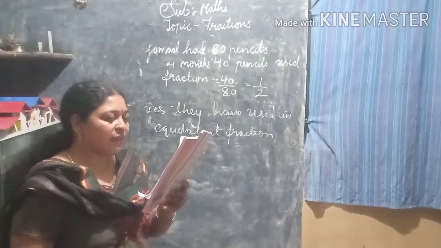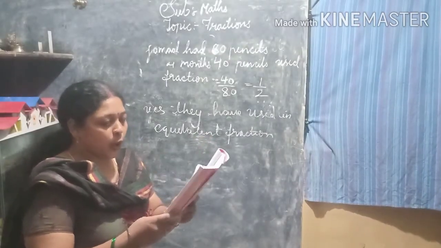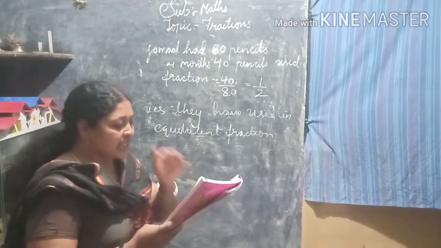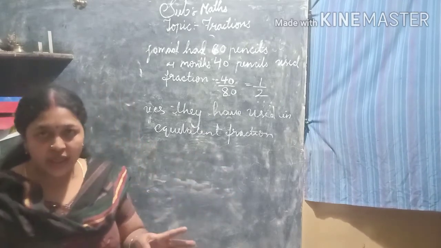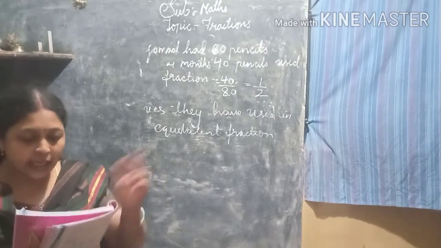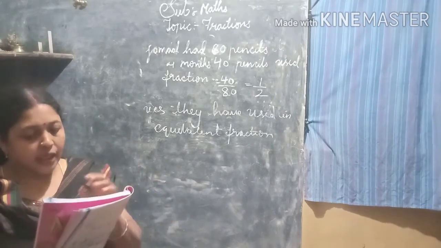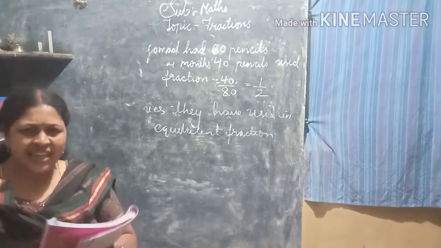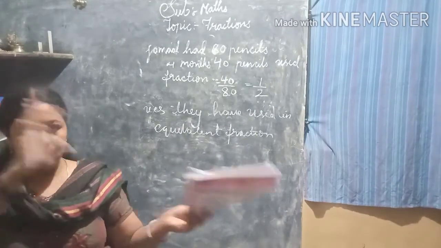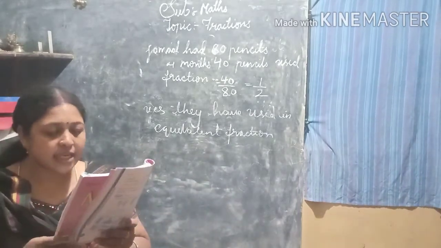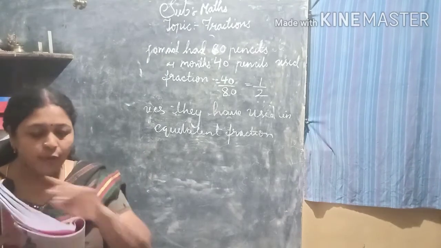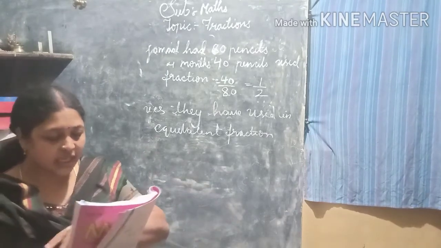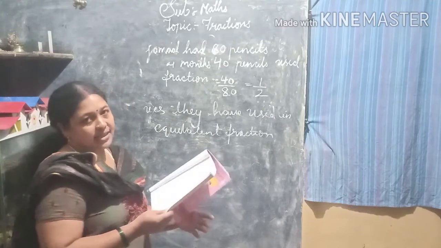Look at the last one. Match the equivalent fractions and write 2 or more of each. So this last one I would like to give as your homework. It is just to match the following. Try to find out the number part and try to match it with the other half. It's like column A and column B. All the numbers are in column A. All the alphabets are in column B. Try to match A with B. Okay, and try to do it.